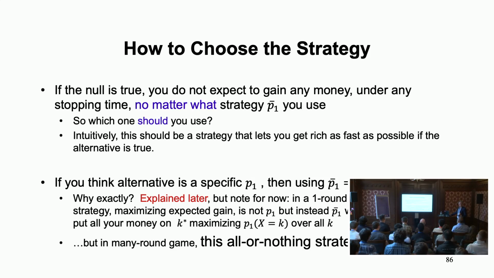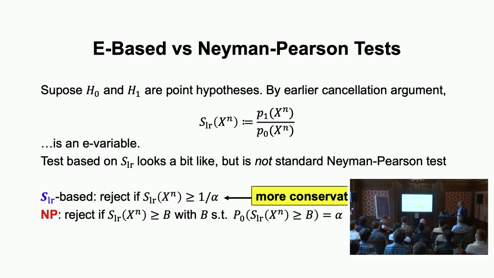Important takeaway is the all or nothing strategy is silly. And now we're going to make a little detour. We go back to classical testing, where, if we do simple versus simple, then one way of doing that is a likelihood ratio test, also classically in Neyman-Pearson, and then you just take P1 versus P0, and you reject if that's larger than some threshold. That's even the optimal test in classical testing, which minimizes the type 2 error. It gives the maximal power among all tests which satisfy type 1 error guarantee.